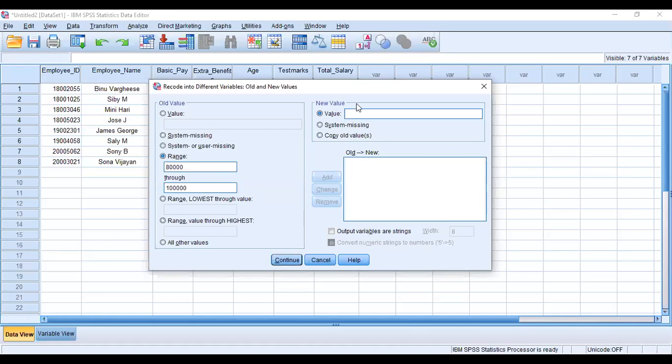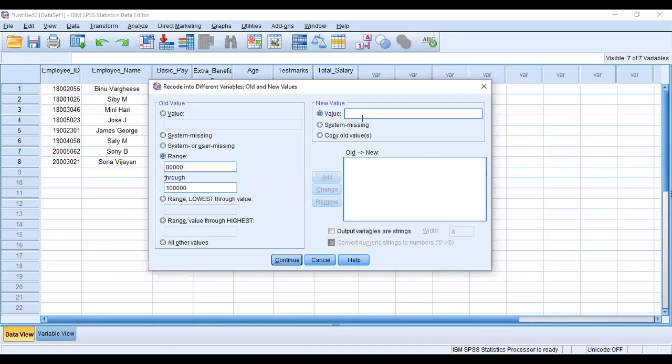Value should also be given. The variable salary class will be displaying the alphabets A, B, C, D, and E as per the question. The output variable salary class is given as A, B, C, D, and E, right?